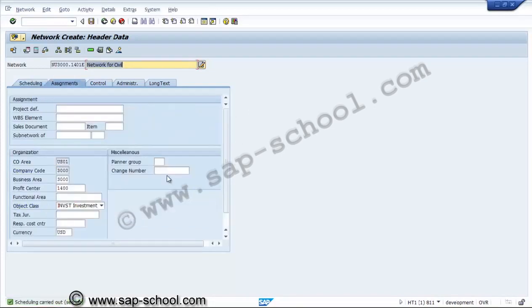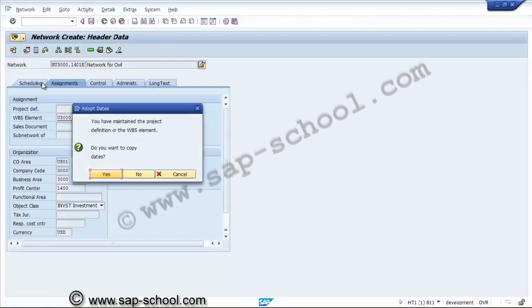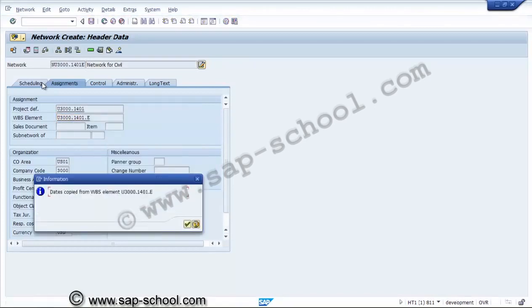We'll go to assignments. Here we have to assign the WBS element. This is 1000, 1401. So these are the WBS elements we have assigned. Automatically the system derives the project definition from the hierarchy.